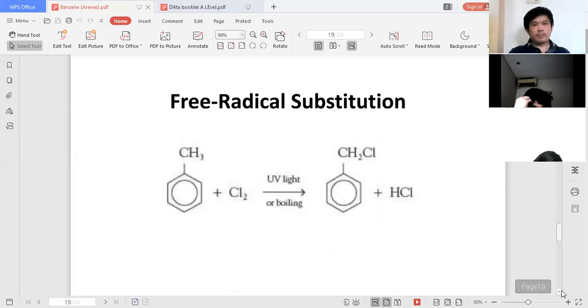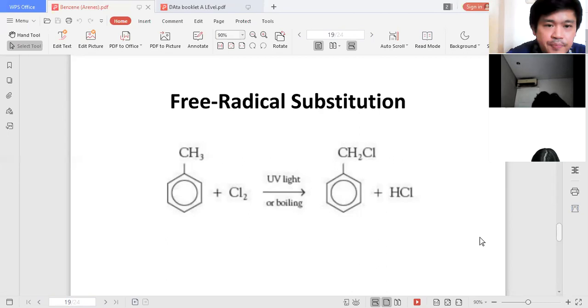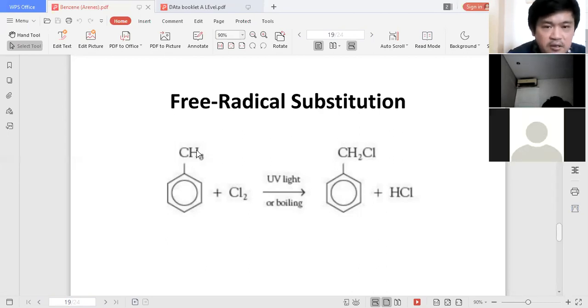Next, benzene can undergo free radical substitution, but it is not the benzene ring that undergoes the free radical substitution. It is the toluene, the CH3 or the alkyl of the benzene, that can undergo free radical substitution. So in this one,